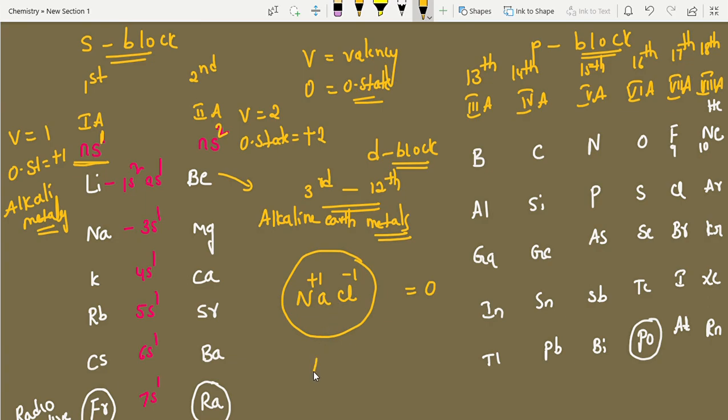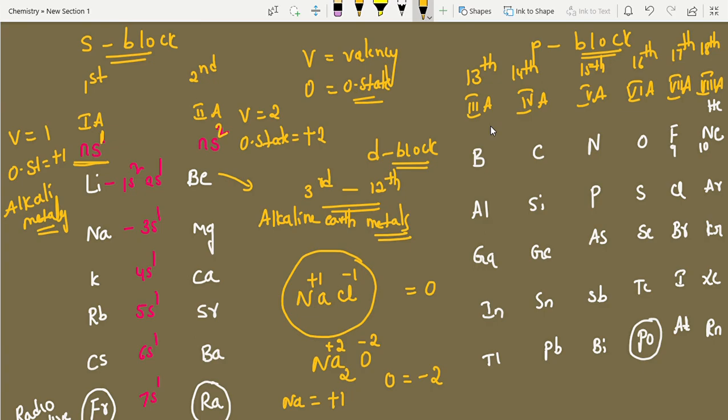Like that, suppose Na2O is there. You don't know the oxygen oxidation state, but you know surely sodium is a first A group element. This is +2. Why am I taking +2? Each sodium is +1. Two sodiums means +2. That's it. This is -2. Each oxygen is -2, each sodium +1. That's it, students. Very easily you can calculate the oxidation state. Clear? Happy? Okay.